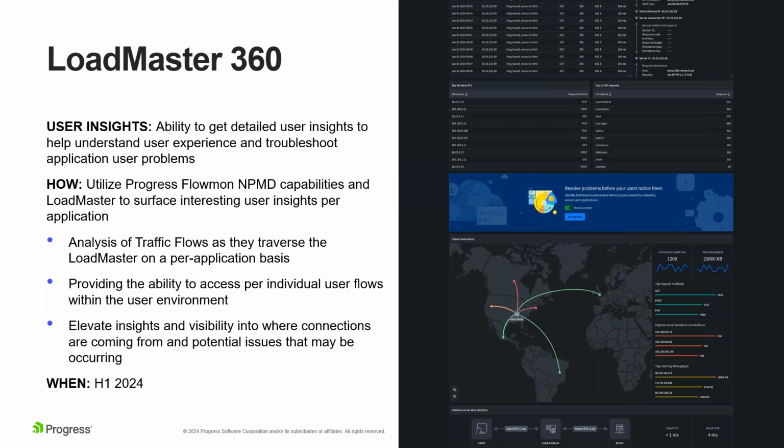So I think in the last upgrade, they already implemented parts of it. But this is something where we are now using Flowmon capabilities, right? Not the entire Flowmon, but some capabilities of the knowledge that the load balancer has to get detailed information on what is going on. So it tells you the traffic flow for the load balancer per application basis, even the response time of servers and so on. So it gives you all of these details